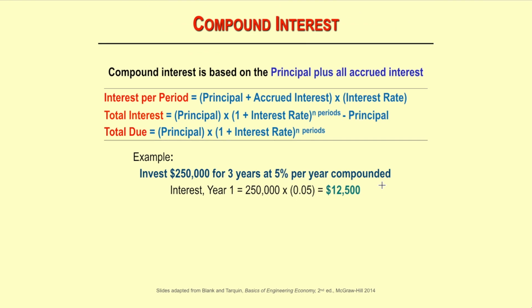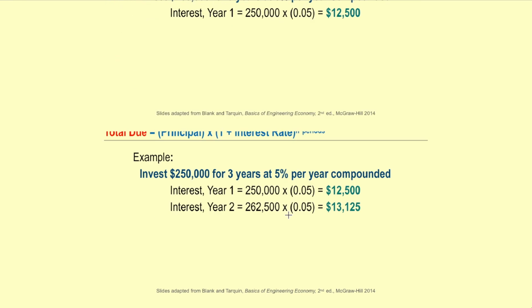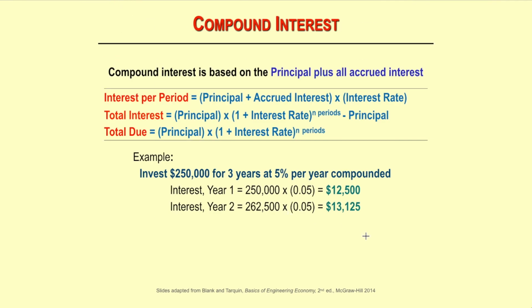Okay, so interest in year 1 is equal to $12,500, and this is given by the interest rate of 5% per year multiplied by the principal amount, which is $250,000. But interest in year 2 is slightly increased. As you can see here, interest in year 2 is